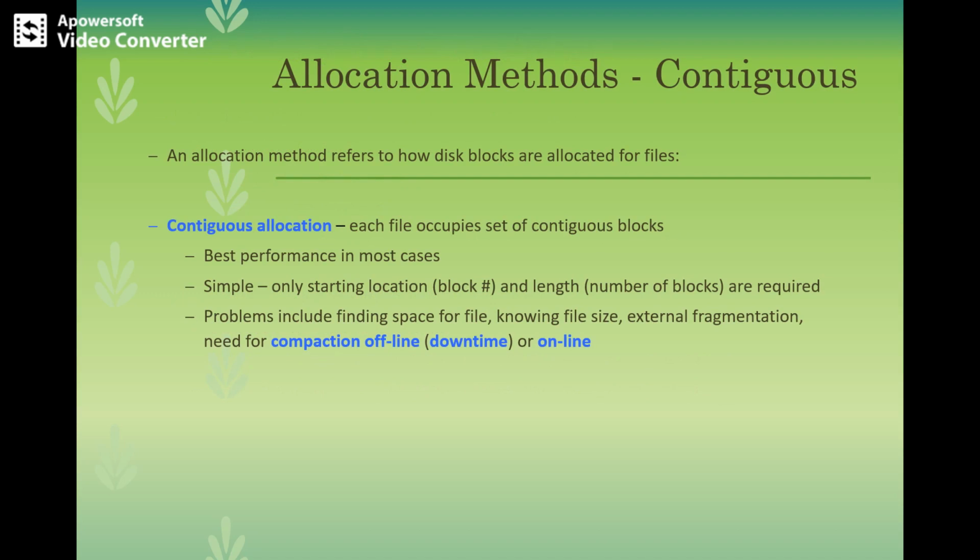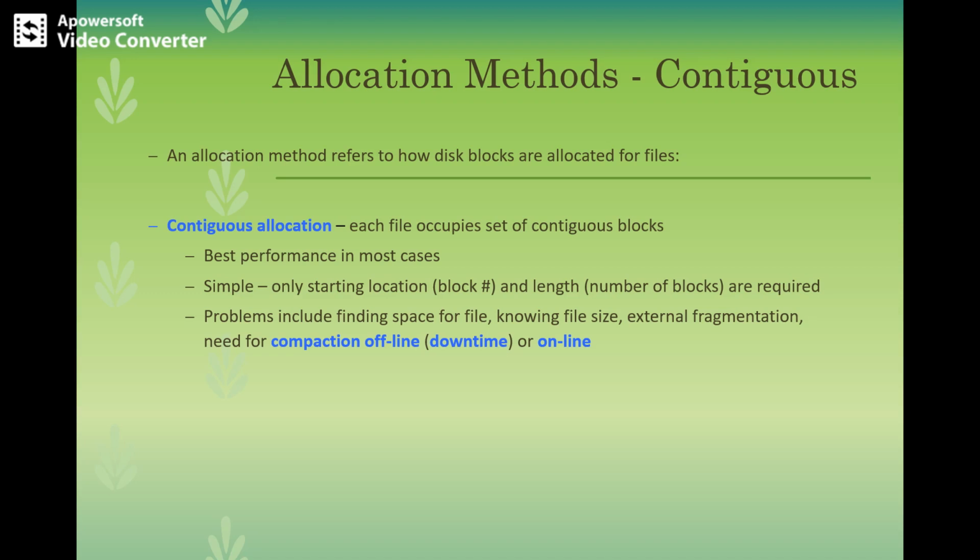Let's see some of the possible allocation methods. So we have got different kinds of allocation methods because the direct access nature of disk allows the flexibility, and in most cases many files are stored on the same disk. The major problem is how to allocate the space to the files so that this space will be utilized efficiently. We are using three methods: contiguous, linked, and index.